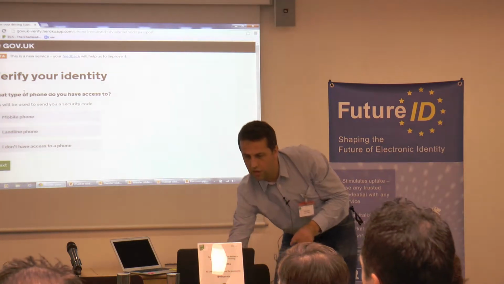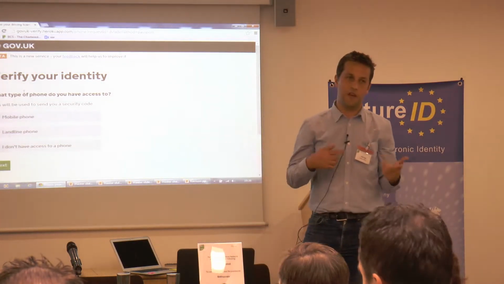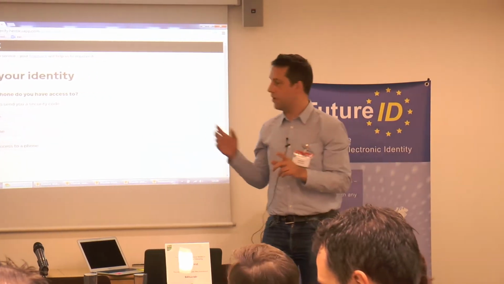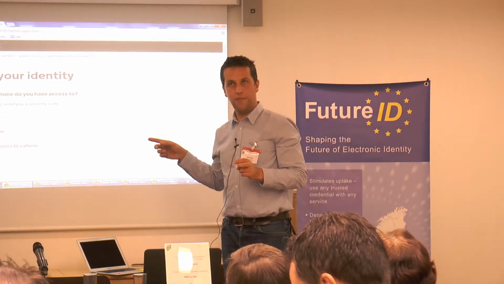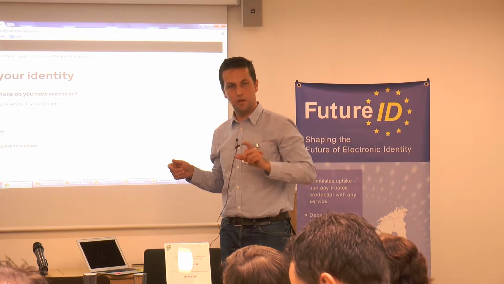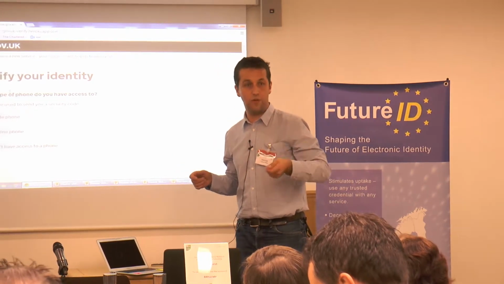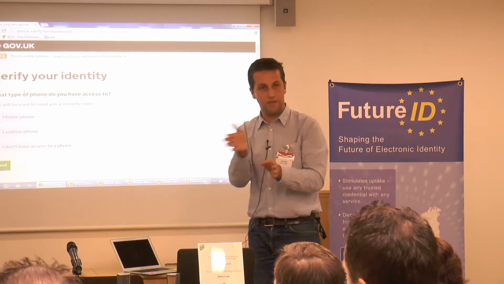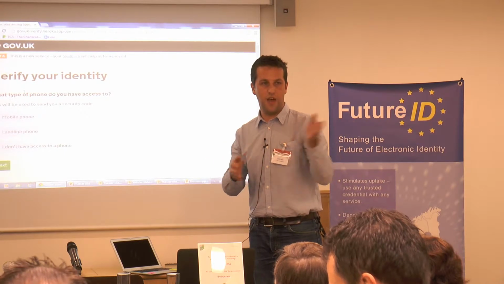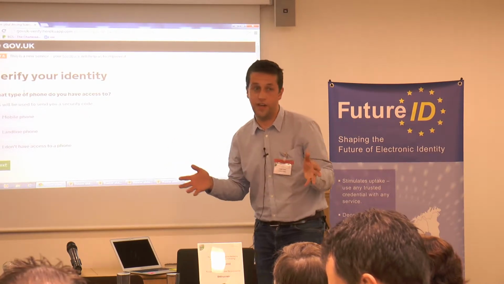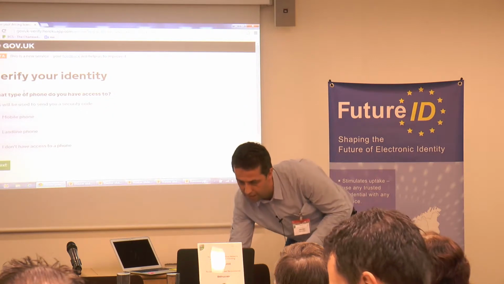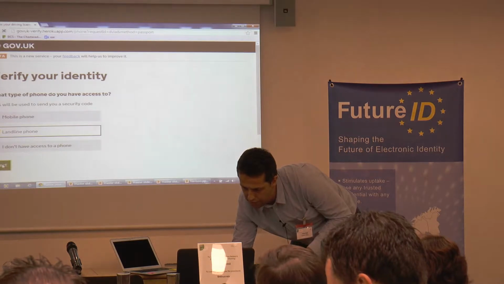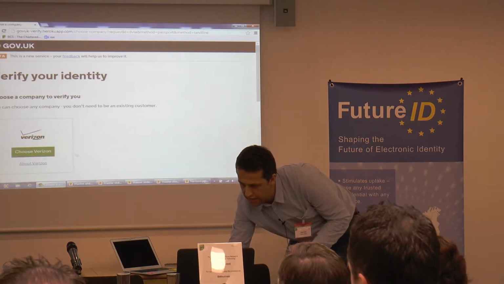I'm then asked what kind of telephone I have access to. Some of the identity providers use phones for two-factor authentication. So there's a couple of things we're doing here. We're preparing people to make sure that they've got the things together that they will need to go through the process. But we're also asking enough information to make sure that we're effectively triaging them into the right channels, whether that's a specific identity provider or an offline channel if we don't think that they'd be able to be verified. So let's say I've just got a landline phone I've got access to, and we're now shown